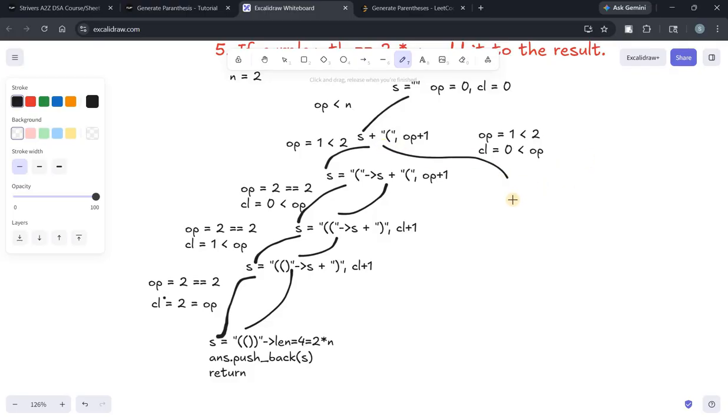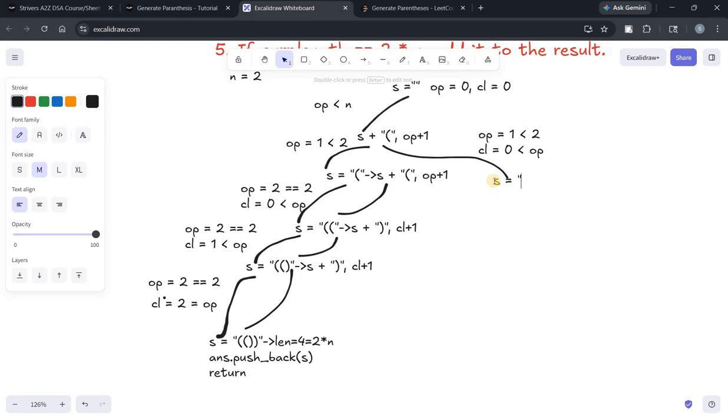Now S is equal to a single opening bracket, then S plus, as close is 0, a closing bracket will be added, and CL plus 1, right? So now it will become,